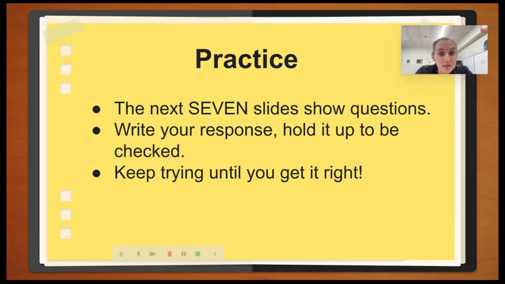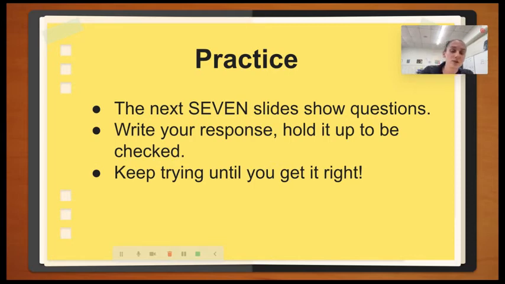Unfortunately, I'm not here to check it for you, so you can't keep trying until you get it right, but I just want you to make your best educated guess and write your answers down on the sheet of paper, all 7 answers, and then you're going to turn that in to Mrs. Hennigan, who is your substitute teacher today. Are you ready? Pause here.